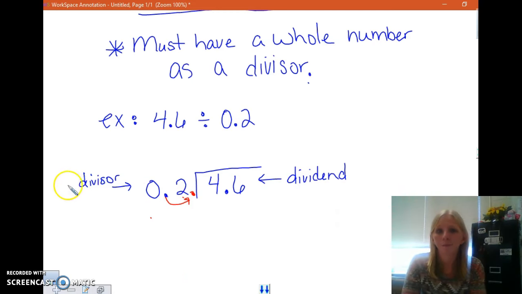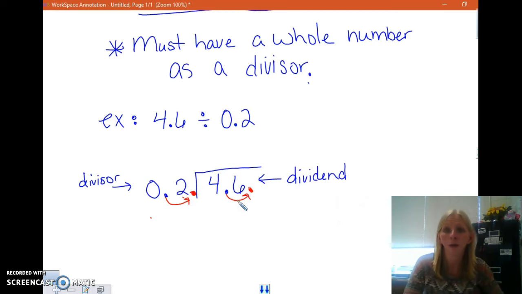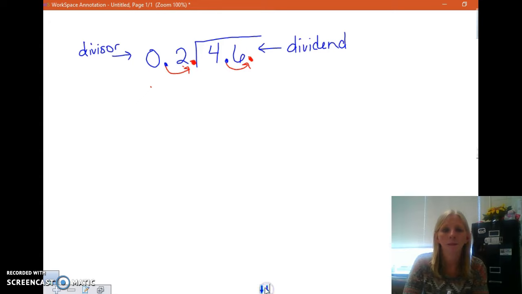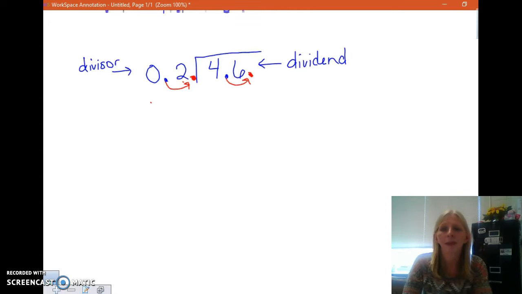The trick here is what we do to the divisor, we must also do to the dividend. So we multiplied the divisor by 10, we must multiply the dividend by 10, or move it over 1 as well, to the right-hand side. Now that we've done that,